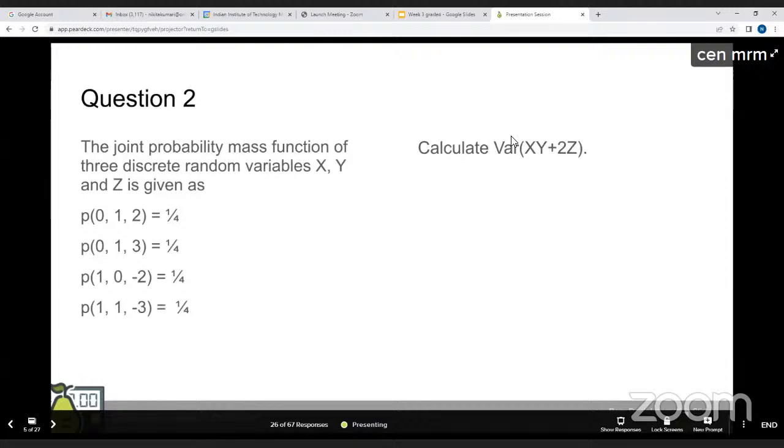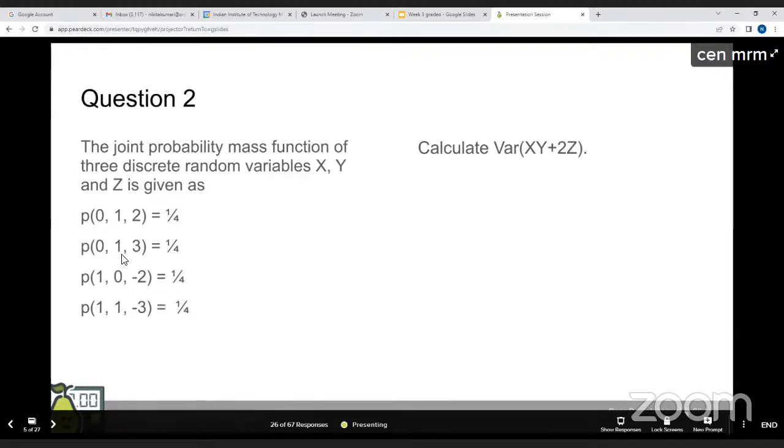corresponding to each x, y, and z, if you look at the first term where x is taking the value 0, y is taking the value 1, and z is taking the value 2, what value of xy plus 2z is it going to be? It is coming out to be 4, right? xy is 0 and 2z is 4. So for the first values of x, y, and z, xy plus 2z is taking the value 4